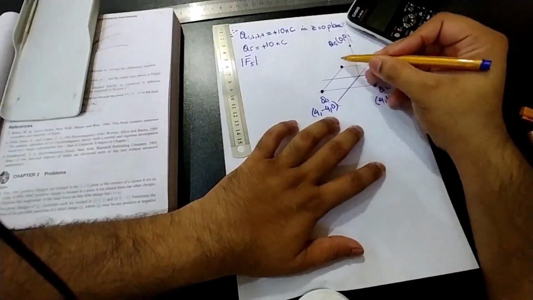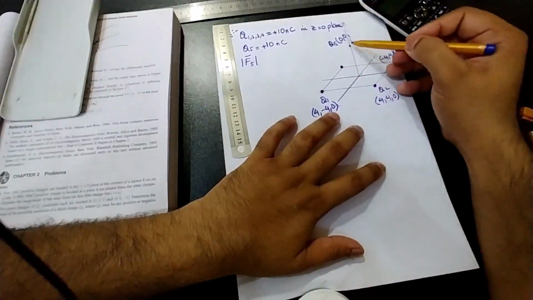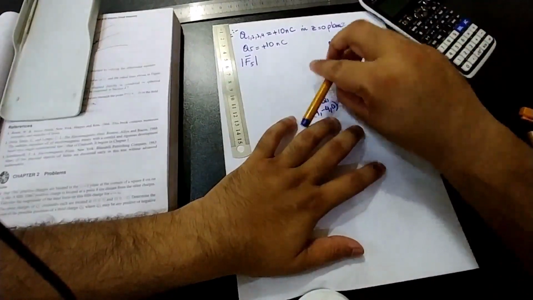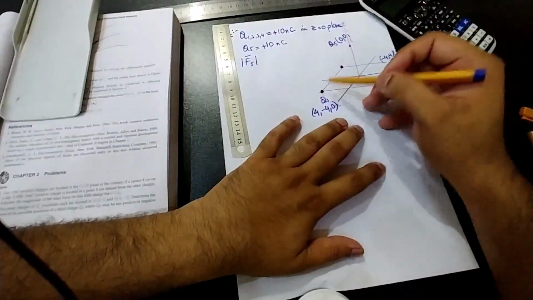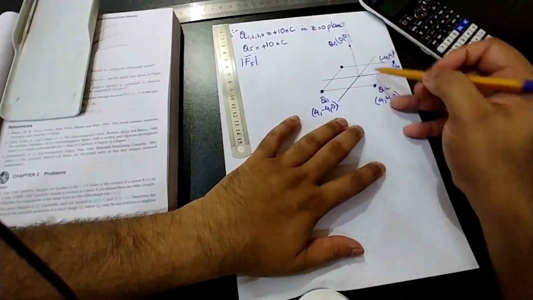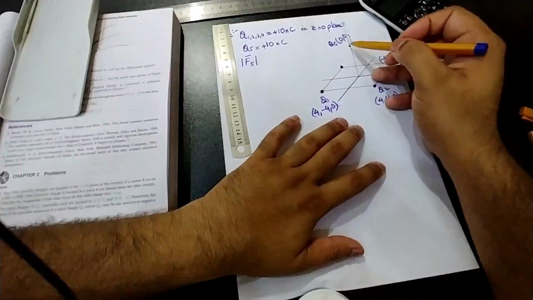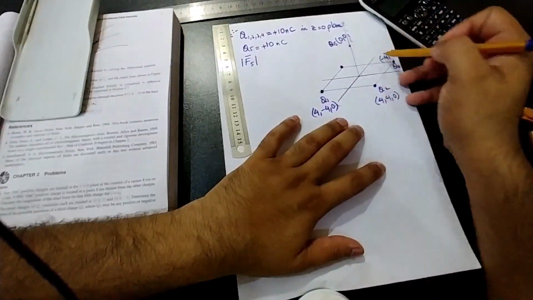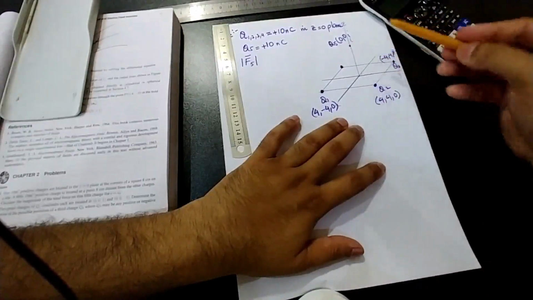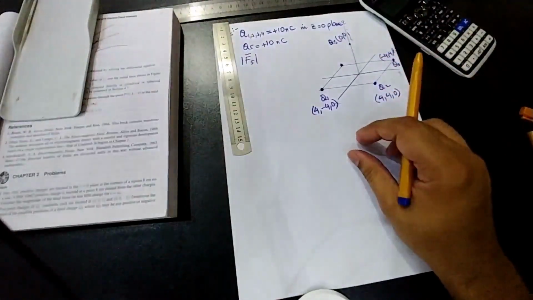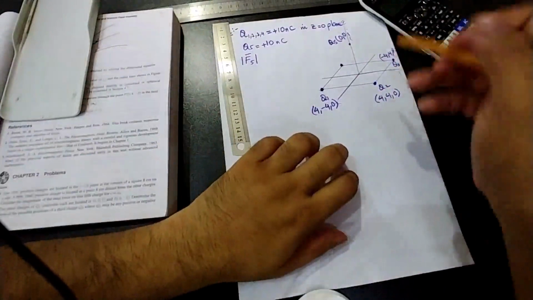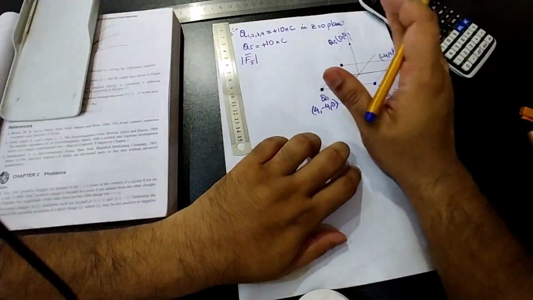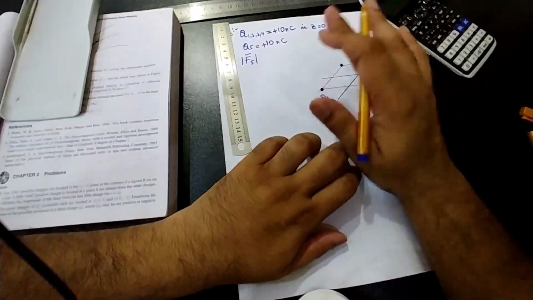But remember that the force due to each point charge will have a z component, x component, and y component. All the components. The force due to this one will have all 3 components, and the force due to this charge will also, because the force will act along the line joining these 2 points and will be repulsive because both are like charges. So the vector force due to Q1, Q2, Q3, and Q4 will all have the 3 components.